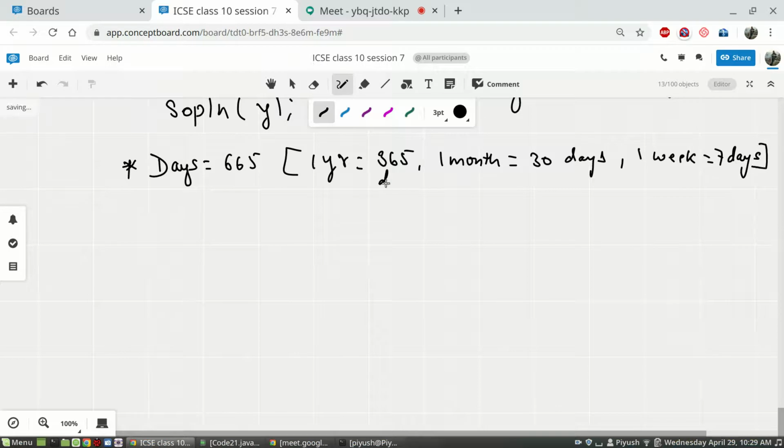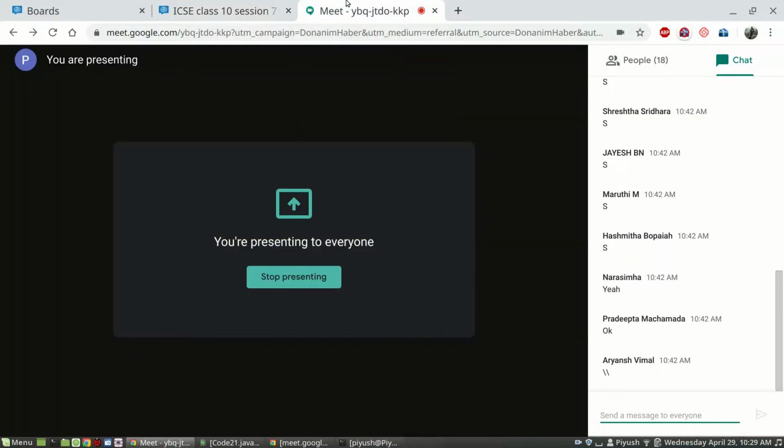Okay, so what we can do now, you are going to help me out first mathematically without writing programs. If these many days are there, what will be the number of years? Let's say years is the variable. So what can we do to find the number of years? Yes, tell me. This operator, what's this operator? That is an escape sequence.